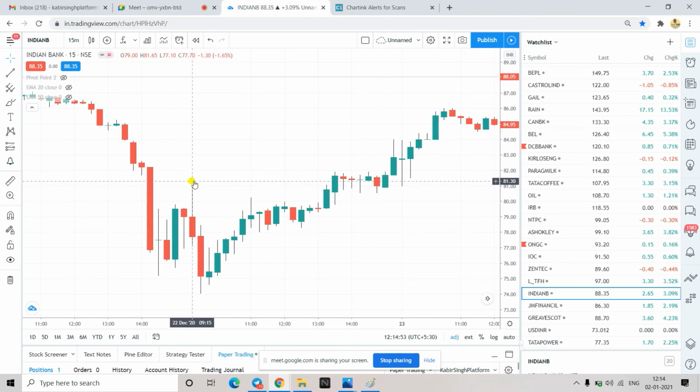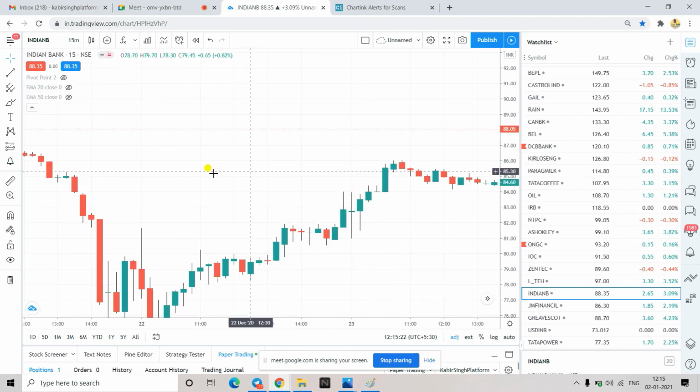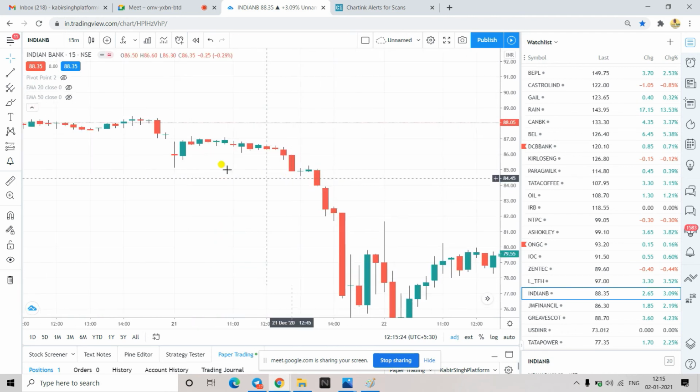If you see it here, what has happened is the day high and the closing was above or around the day high. This is the closing. And BTST, I have told you, right, if the closing is around that day's high, you can enter the trade. Like this candle, it has gone down, taken some kind of support, and then again closed somewhere around the open. This was the highest point of that day. So next day also it has given the momentum. Like that you can go for BTST type of trading.